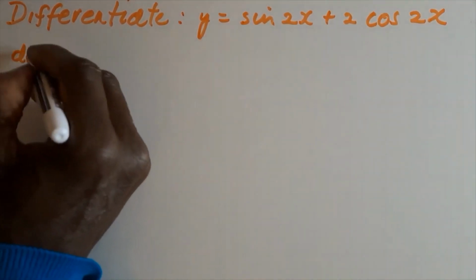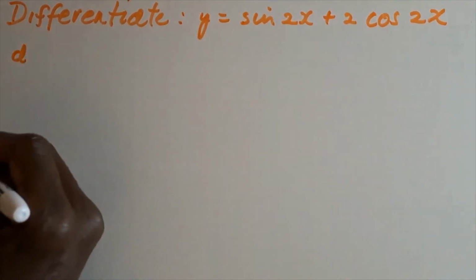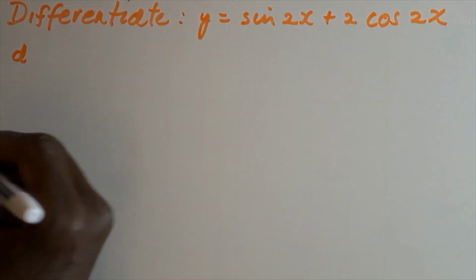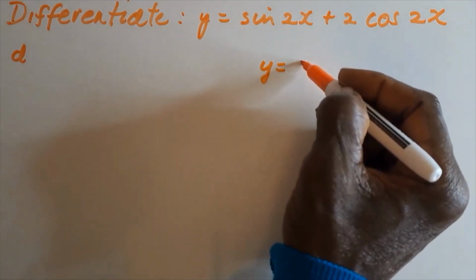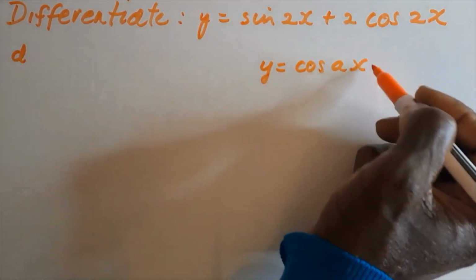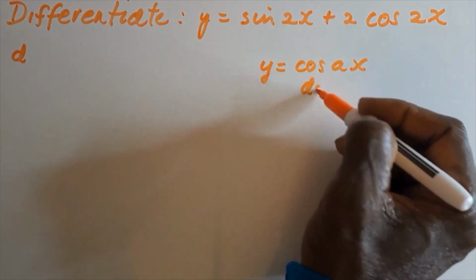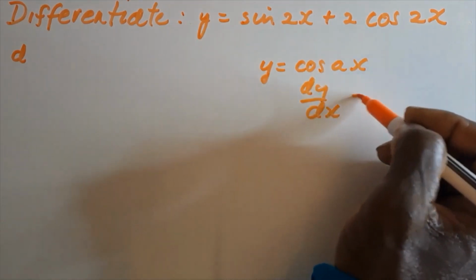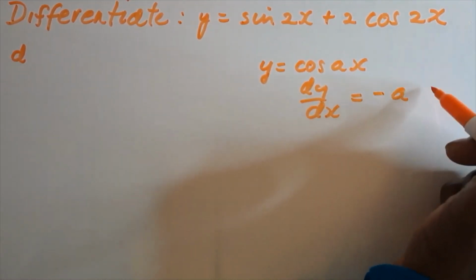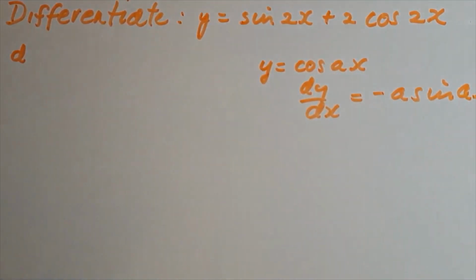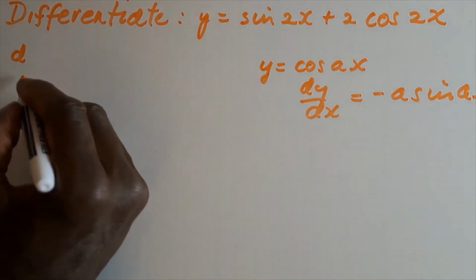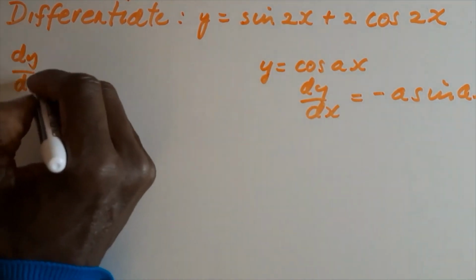Here we have y is equal to sine 2x, add 2 cosine 2x. And we know this, that if y is equal to cosine ax, then dy dx is equal to minus a sine ax. Just a standard differential. So dy dx